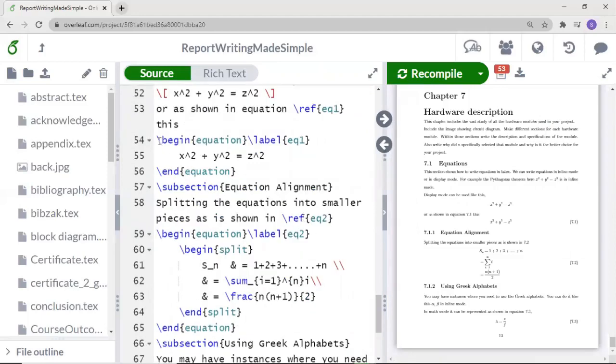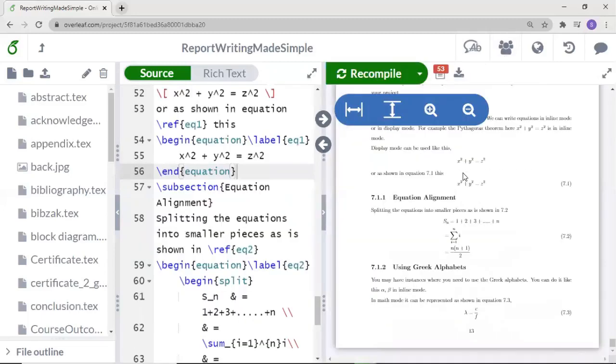Here you have to start the equation block. Inside the equation block, you can write your equation without any dollar symbol or square brackets as earlier, and then end the equation block. Also, you can label the equation as we have done in the case of images, and use that to refer to it in your text. When you recompile this code, you can see that you have an equation number for this equation.